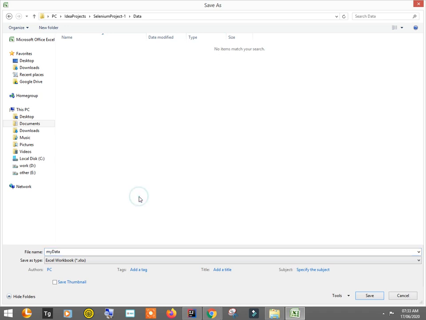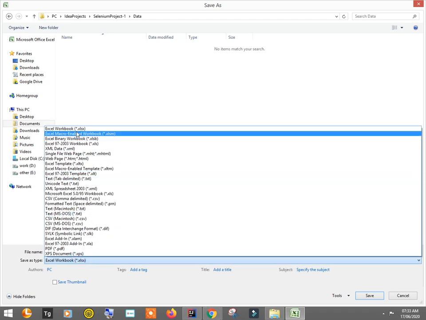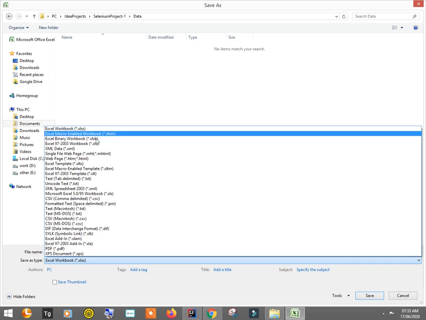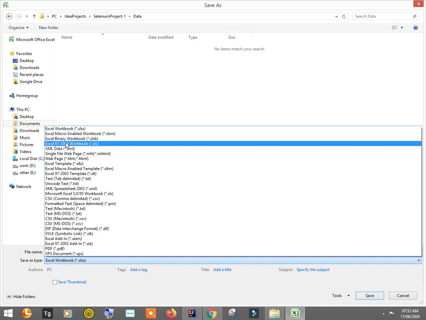Now again, while saving, you will find several formats of Excel sheets. By default, it will be XLSX. For implementing the data provider, for taking the data from the Excel sheet, the procedure for extracting data from a sheet with the extension .xlsx is quite different from that of a file with the extension .xls.